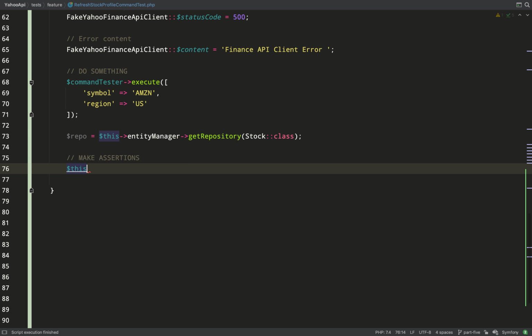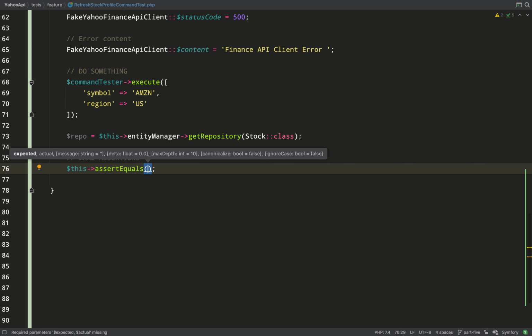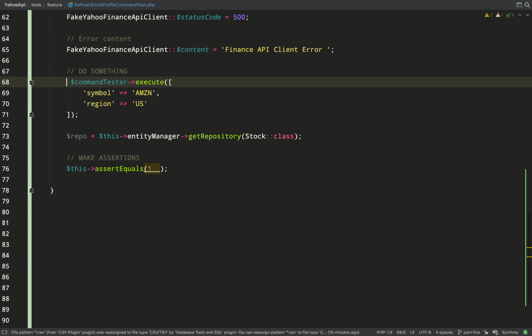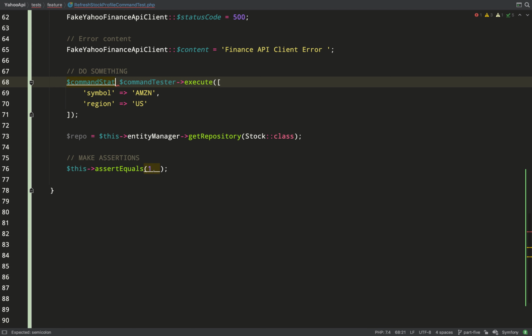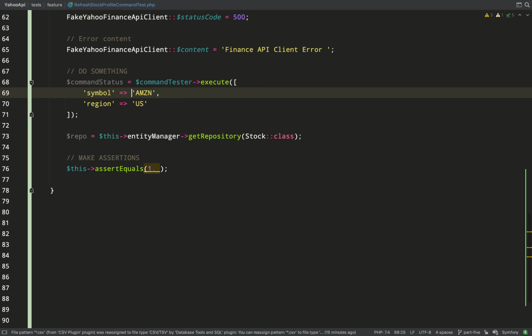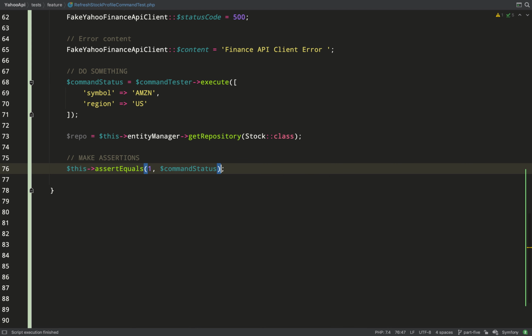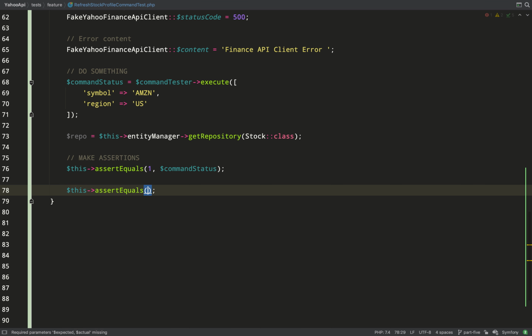So we can actually hook into that and assert that the process has failed and we're returning a 1 response. I can get that value as the return value of the command tester execute method. So I'll save that in a variable called command status, and so I'm asserting that command status equals 1. Let's also assert that no records have been saved in the database, which shouldn't happen if we're exiting the command